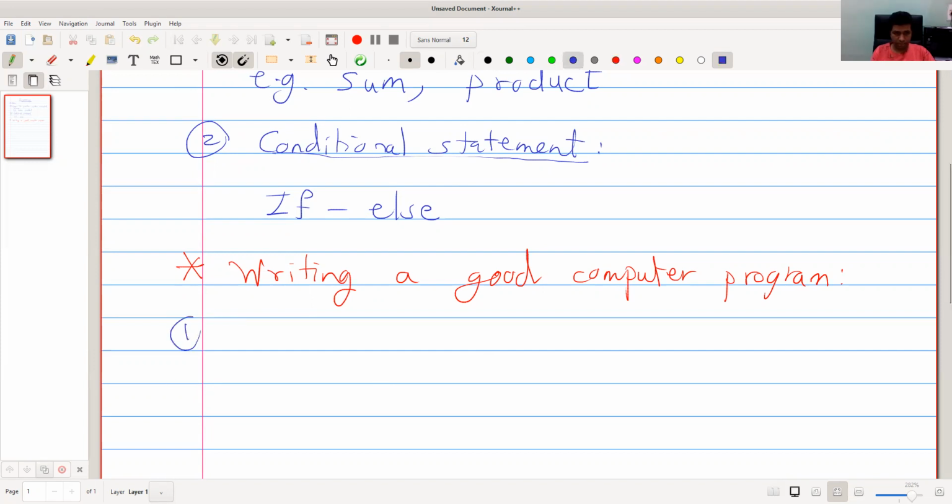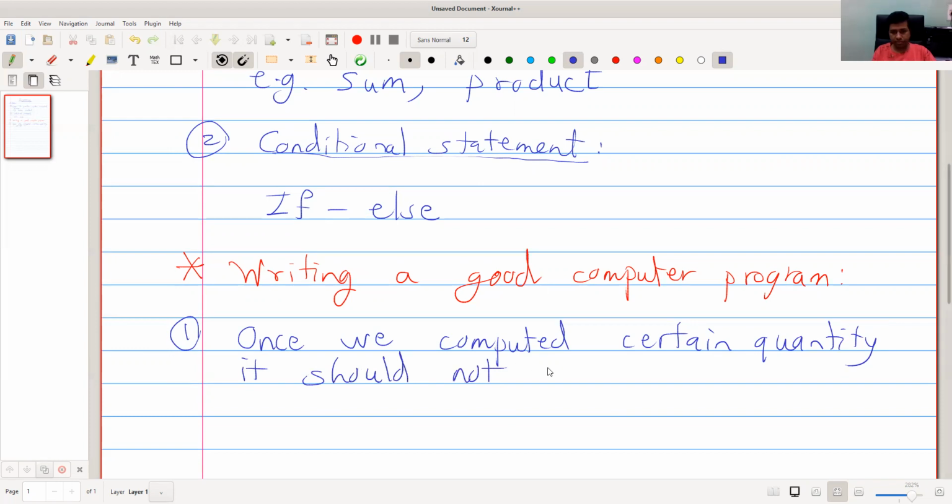First is, once we computed a certain quantity, it should not be computed again.